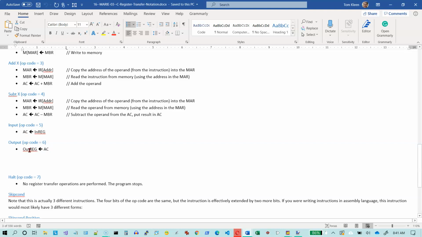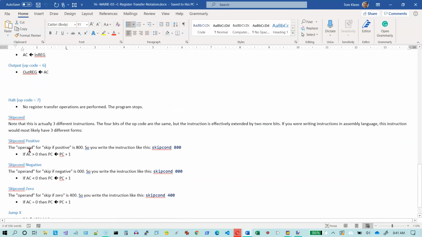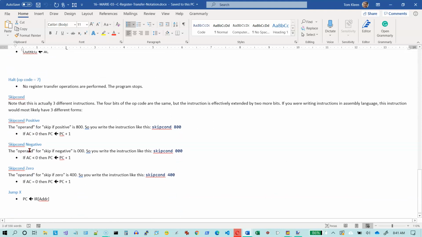Actual input and output is much more complicated than this, but Marie is a very, very simplified version of a CPU, and that's one of the trade-offs they made. They don't show you all the grubby details involved in doing input and output. We just assume that it kind of magically occurs. Okay, and the halt instruction doesn't require any register transfers at all. It just stops the program. The skip conditional,